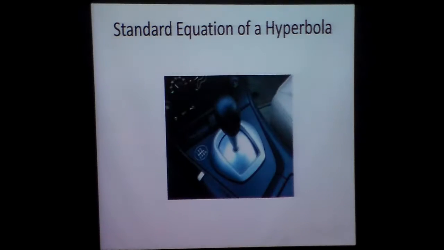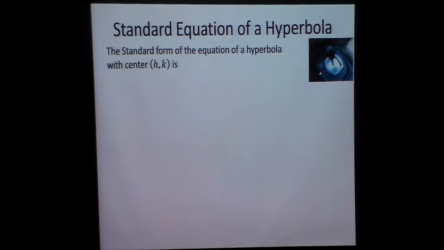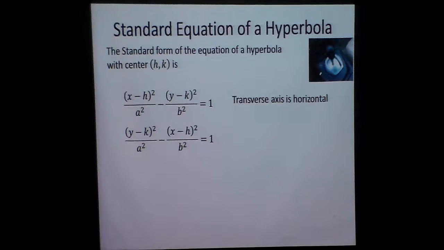All right. And now then, standard equation of a hyperbola, not driving a stick shift or a standard like that. If we'll let the center be (h, k), like we've been doing in our other problems, here's what we know. If the center is at (h, k), now here's if the transverse axis is horizontal, all right? And then you see the x minus h squared over a squared minus y minus k squared over b squared if the transverse axis is horizontal. And if the transverse axis is vertical, notice the y is in first, the x's are second,